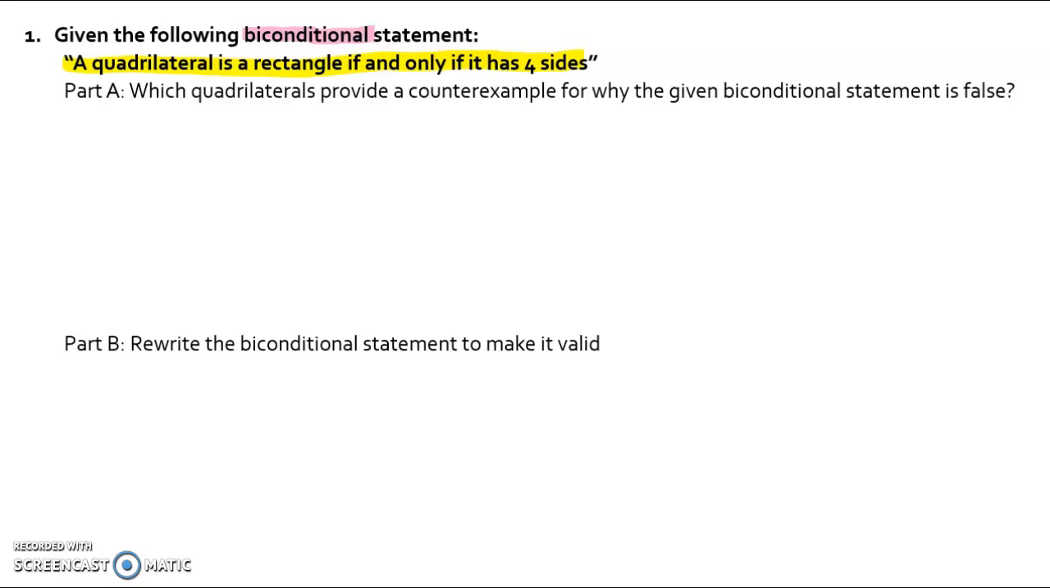A quadrilateral is a rectangle if and only if it has 4 sides. A biconditional is noted with that phrase, if and only if. And basically what that means is I can read it as both the conditional statement and its converse. So if I write the biconditional, a quadrilateral is a rectangle if and only if it has 4 sides, it's the same thing as saying if a quadrilateral